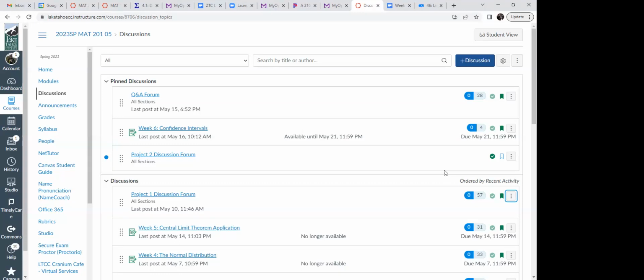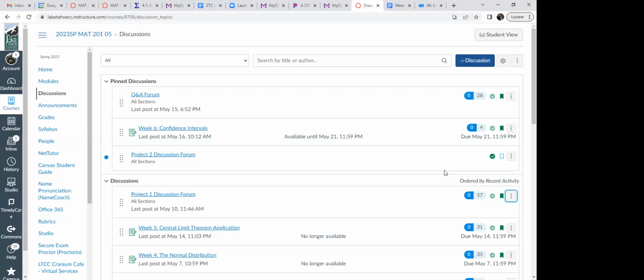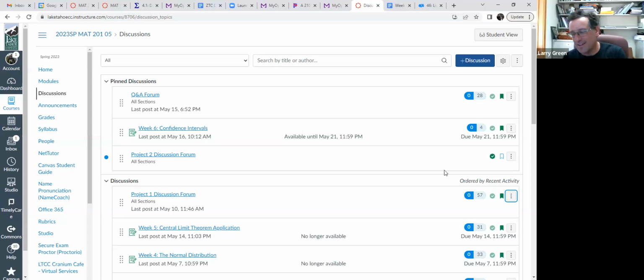If we want to work with the same partners, do we need to post on there? No, if you want to work with the same partners, the one thing you definitely need to do is contact your partners and make sure they want to work with you too. So that you know you're good. Does that make sense? Yes. Yeah, because everyone gets to decide who they work with, but it has to be both ways.